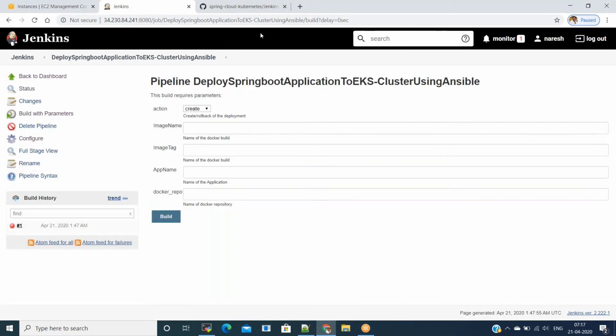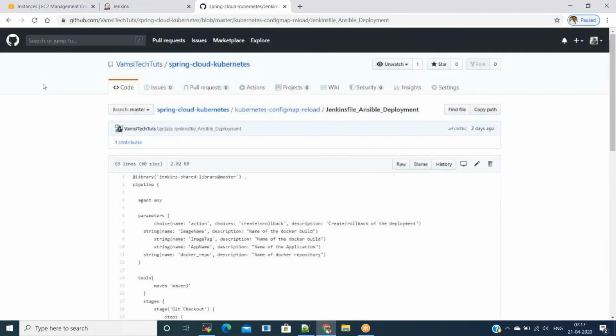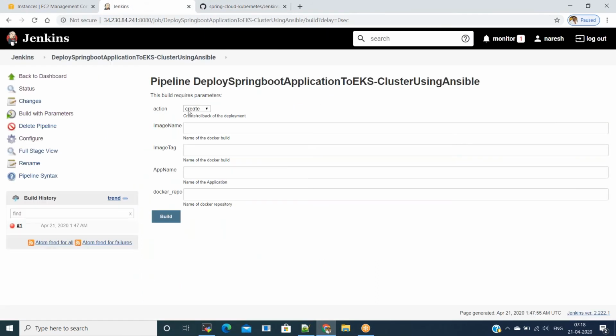Now it failed. We need to mention the project name, image name, image tag, application name, Docker repo is Vamsi Tech Tutorials. This is my Docker repo.